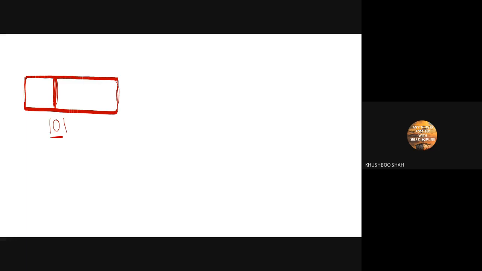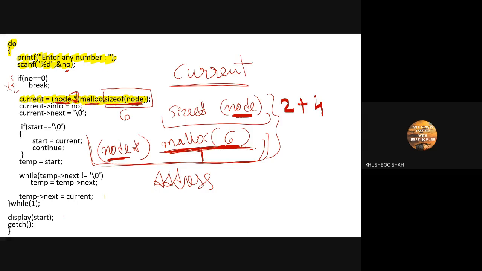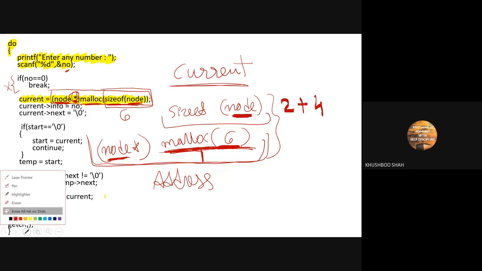Now this 101 we got as the return value for this whole statement. Okay, let me delete it.